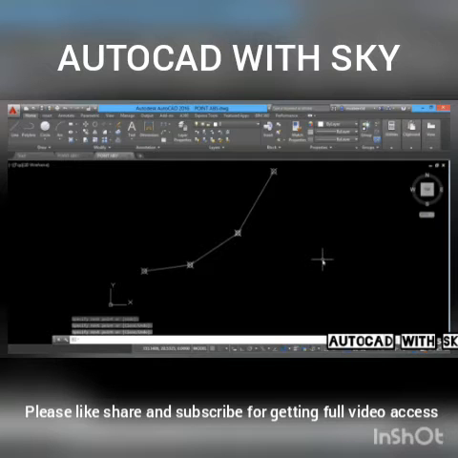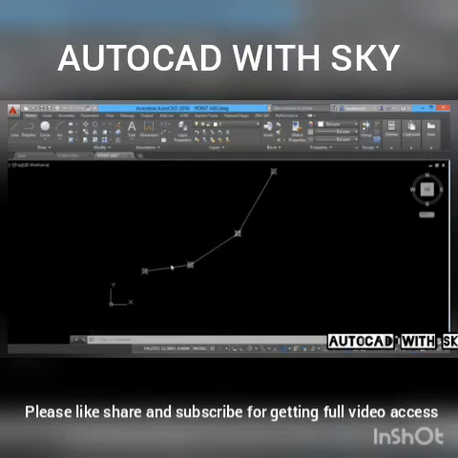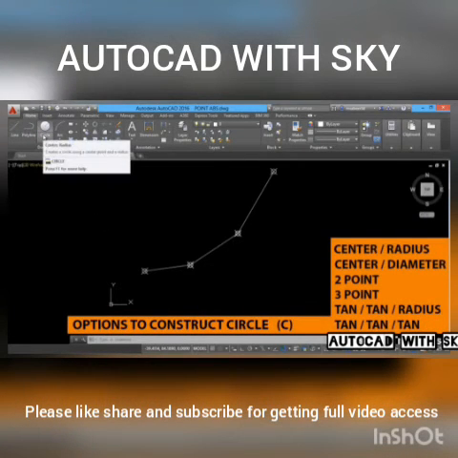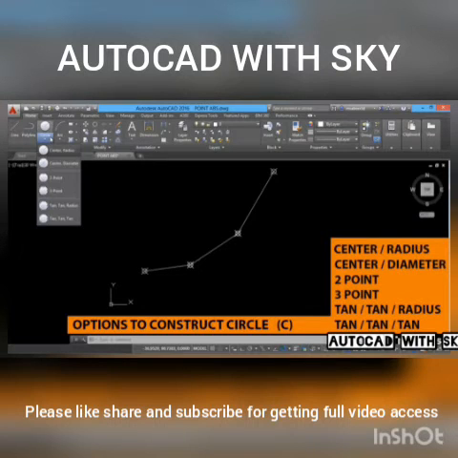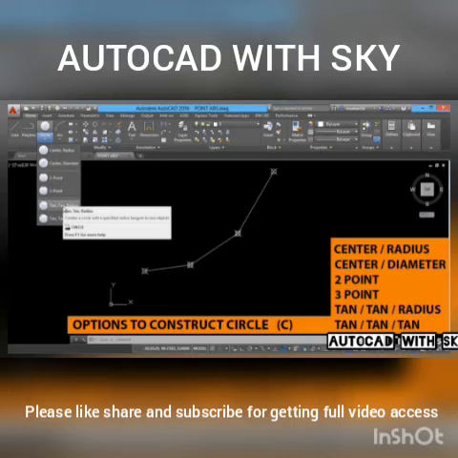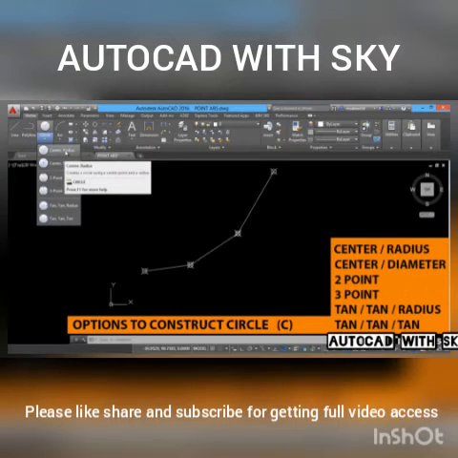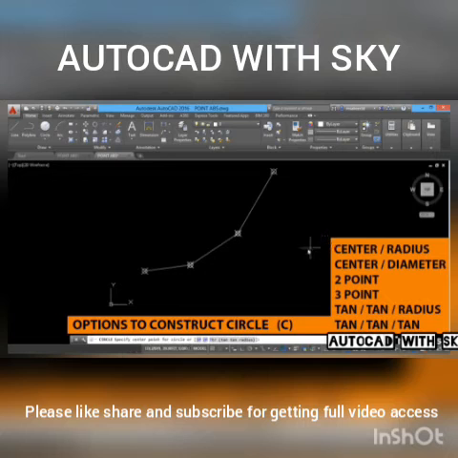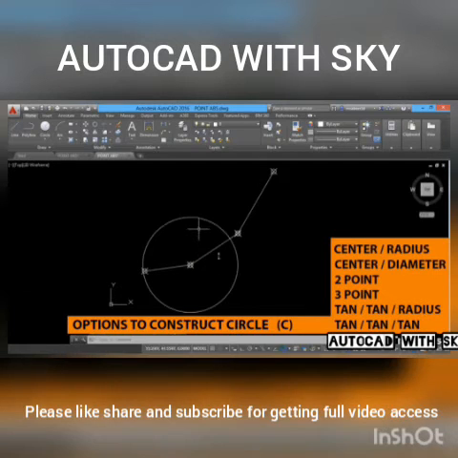Now we will move on to the next object in AutoCAD, which is circles. You can draw a circle in AutoCAD using a number of options. When you click on the circle command at the draw panel, you will see a flyout wherein these options are displayed. Even if you have a number of options to draw circles, center radius is the most frequently used one. So I'll click on center radius. It will ask you for a center point. A center point can be defined using any of the normal point definition methods. So I'll just click on this node as a center. Now it will ask you for a radius. I'll give 30 units as a radius. Now the circle has a center at this point and it is drawn with a radius of 30.